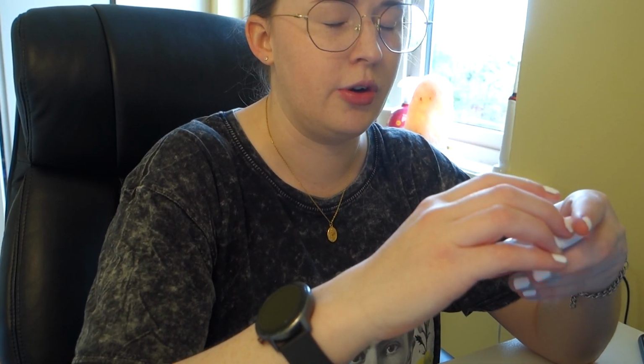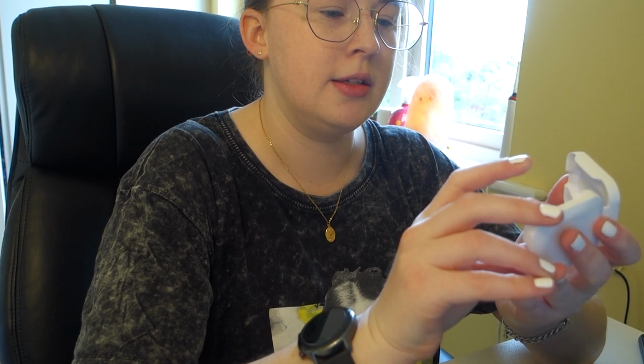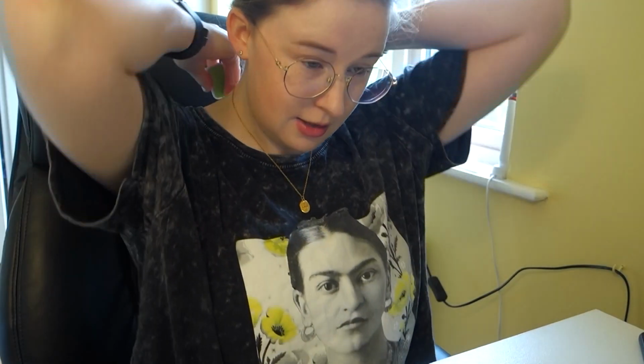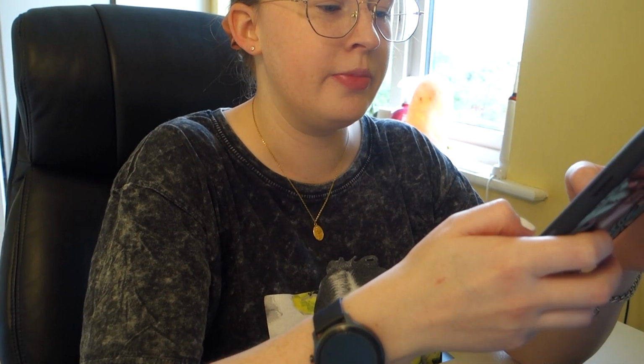So I use this, which I think is called the Upright, and yeah, it's just called Upright, and it's a tiny little device with a sticky back on it. I'm just going to turn it on, and I place it on the back of my neck, or top of my spine, not really back of my neck because I'm trying to sit upright, and it's linked to an app